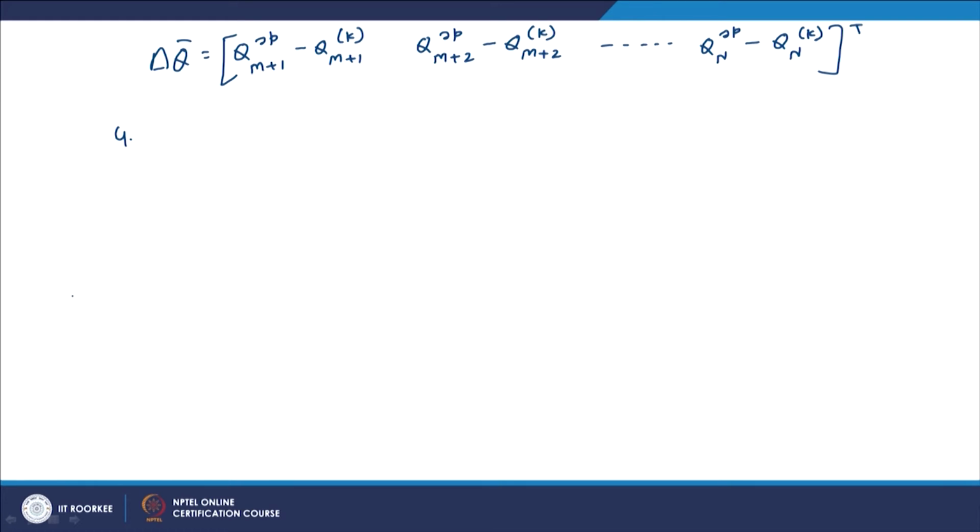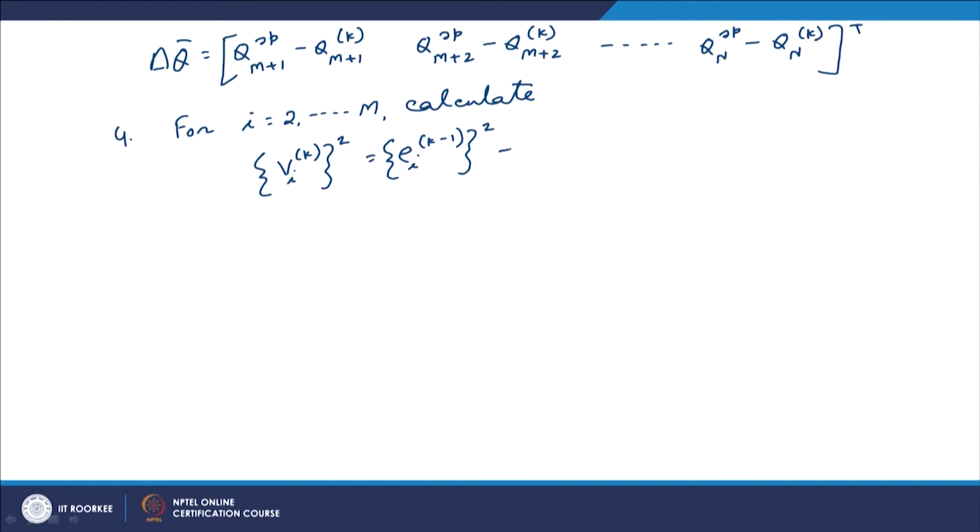Then in the next step, what we do for i equal to 2 to m, calculate V i k square is equal to E i k minus 1 whole square plus F i k minus 1 whole square, and form the delta V square vector as V2 specified square minus V2 k square,